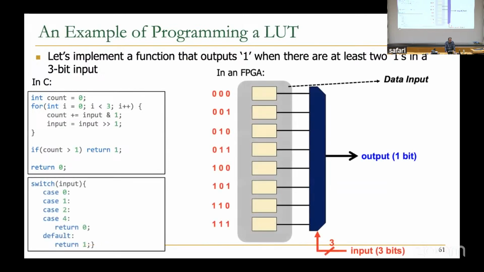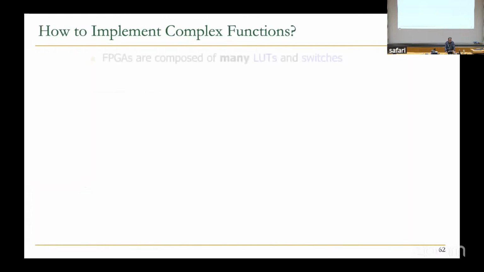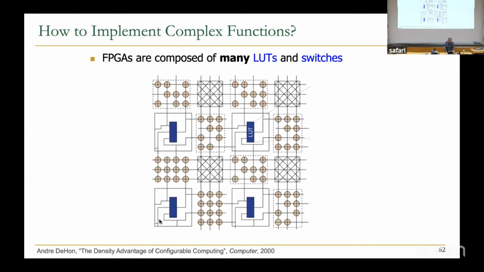And then essentially you can combine these LUTs, this is still 3 input. But how to implement a complex function? We need FPGAs composed of many LUTs and switches. So in the end,